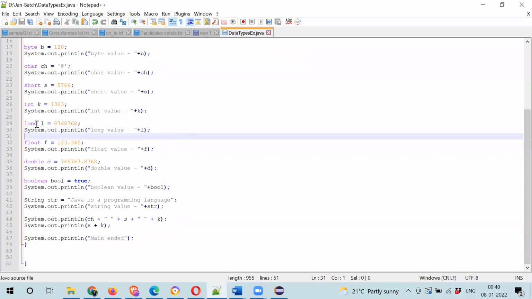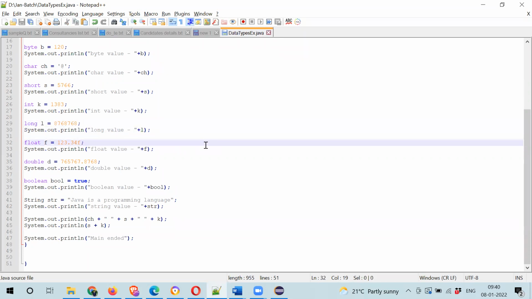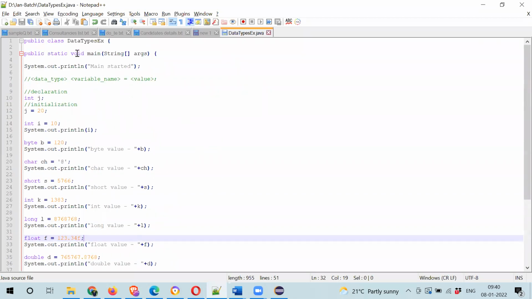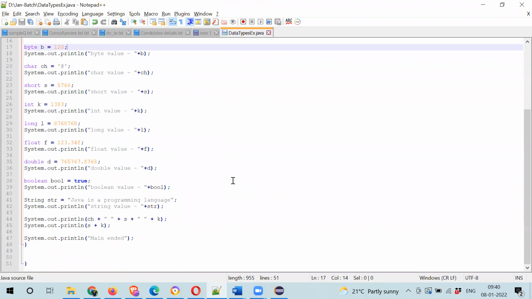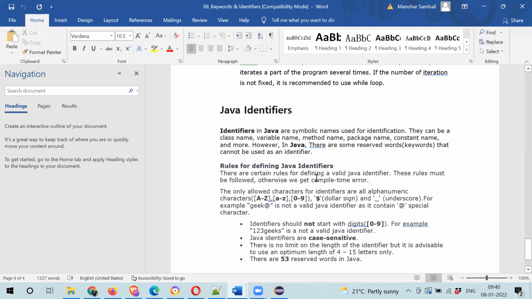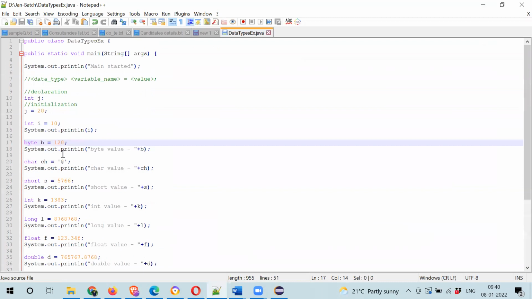So this is called an identifier, and it will always start with lowercase, except the class name. Class name only should start with a capital, and everything else should start from lowercase. And if subwords are there, the subwords like